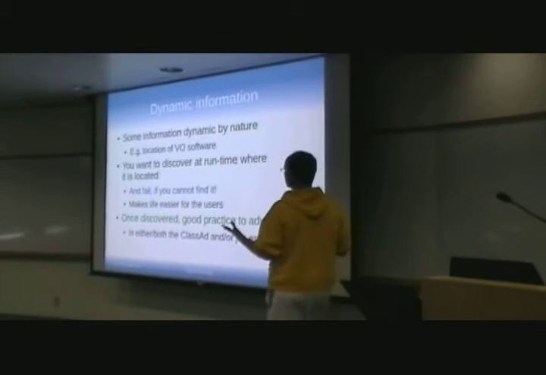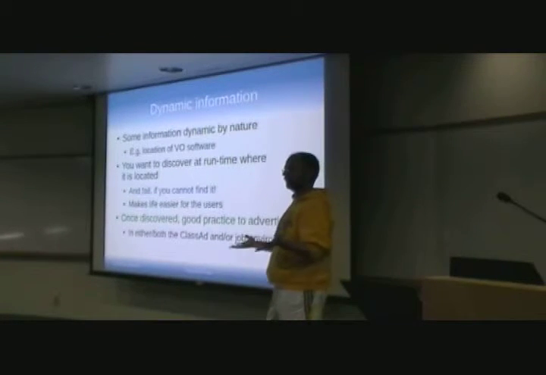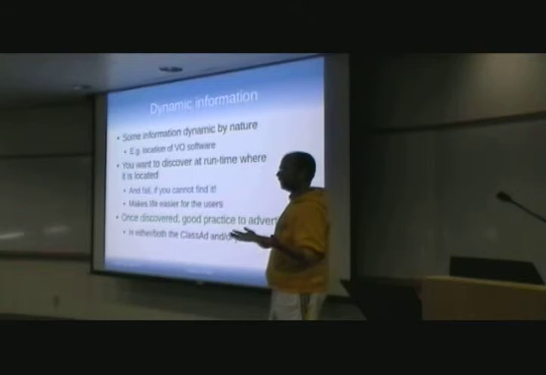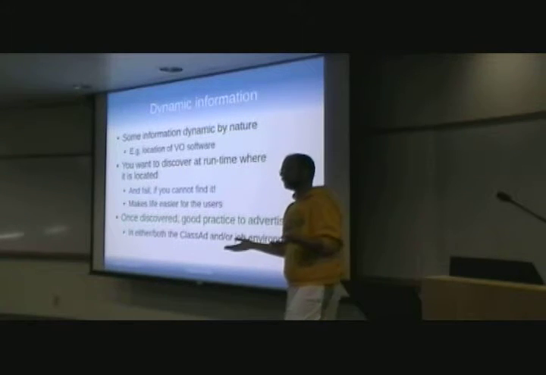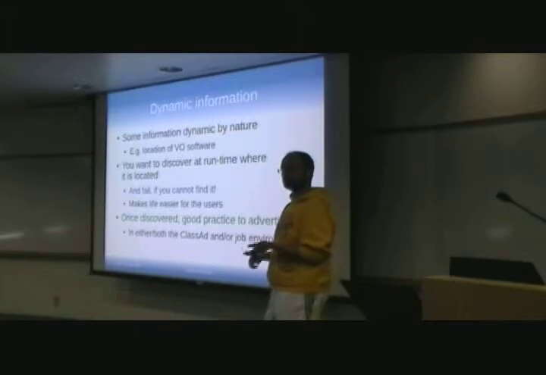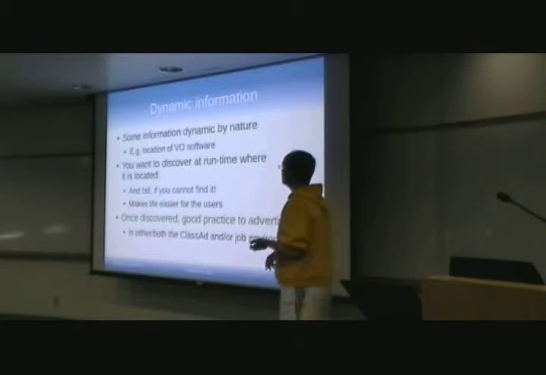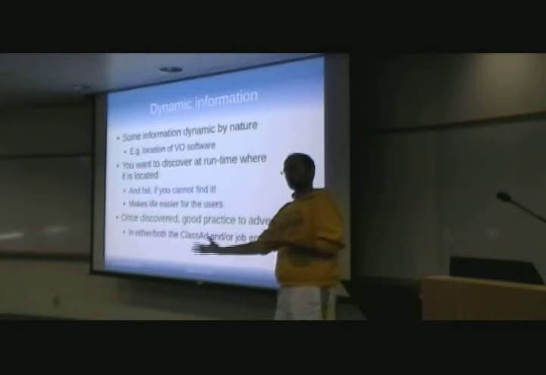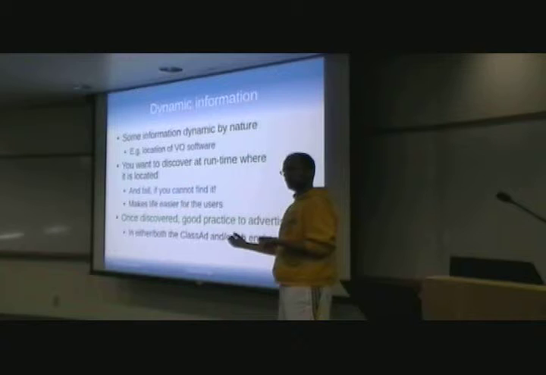So, dynamic information. Some information you just don't know in advance. For example, where is my software located? Yes, I know it should be somewhere in OSG, but it may not be the same on all the sites, or there are different versions installed, stuff like that. So when I land on the worker, I actually want to discover it. Of course, the user could do that, but you may want to do this for the users and propagate in the environment something that's already pre-digested, so they don't have